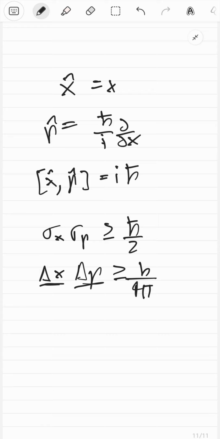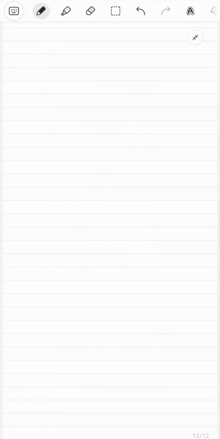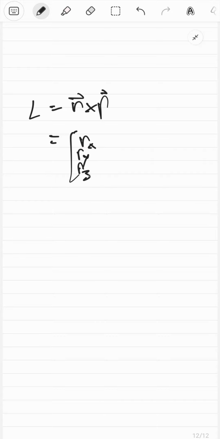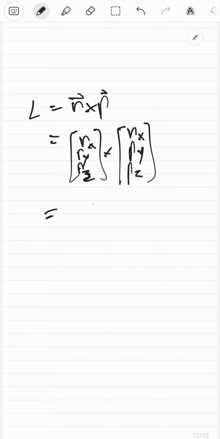So instead, let's go to something slightly more complicated, which is angular momentum. The angular momentum is given as r vector cross p vector in classical mechanics, so you can write it as rx, ry, rz cross px, py, pz, and everybody knows how to calculate this. So this just gives us ry pz minus rz py,